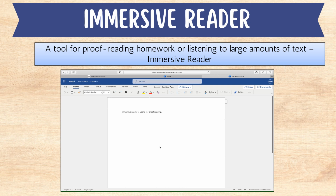Every pupil has access to Microsoft Office through their Glow account online. All they have to do is log on to their Glow account, and then they can choose whatever type of resource they want to use. So if they're using Microsoft Word, this is a really good way for them to proofread any form of homework. All they have to do is type whatever it is they're working on, and then up here where it says editing, change to viewing,